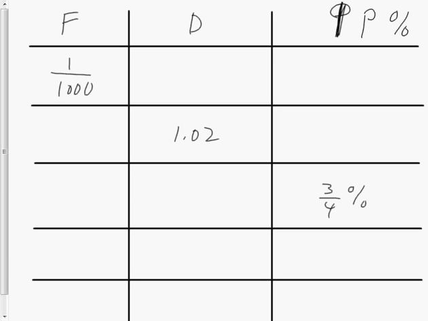Okay, this is section 4.1 in grade 8 math, talking about fractions, decimals, and percents. And given one of them, either a fraction, decimal, or percent, being able to write the other two when given one. So the first question gives you 1 over 1,000, and it asks you to write that as a decimal